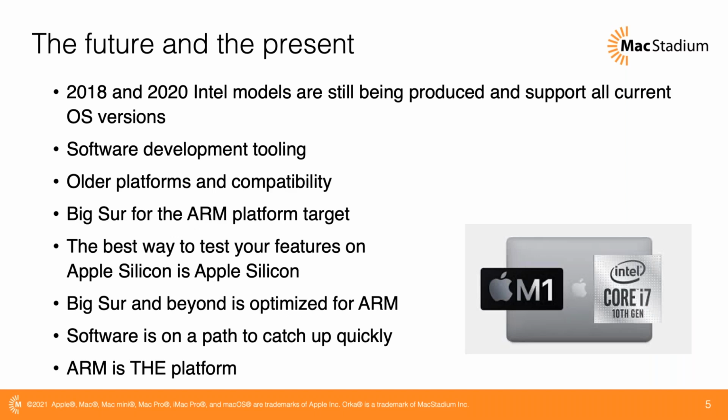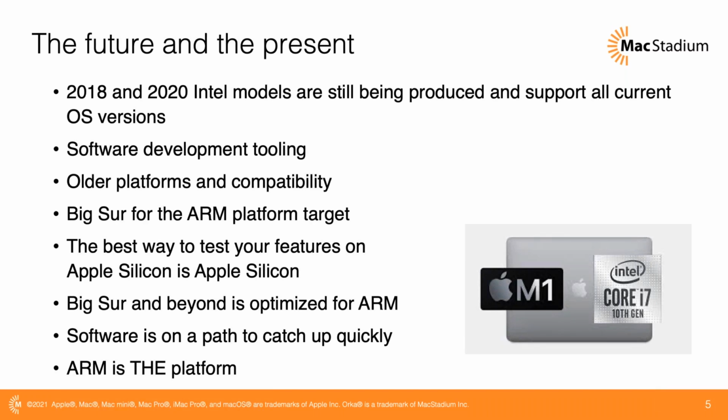So let's talk about the future and the present, right? Again, we're living in this mixed mode. 2018 and 2020 Intel models are still produced. They're still very powerful. They're obviously very recent. We use them all the time. And all your software tooling and your software CI/CD chains are going to work completely end-to-end on Intel models like they do today. As far as compatibility goes, depending on your application, if you're backward compatibility testing for Mojave or